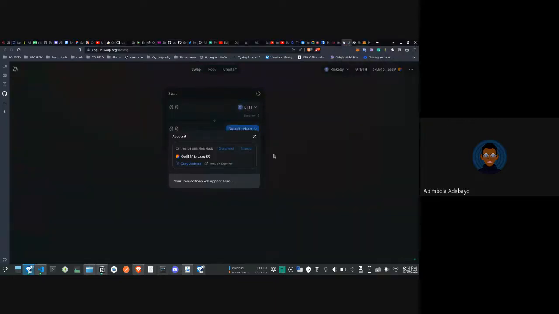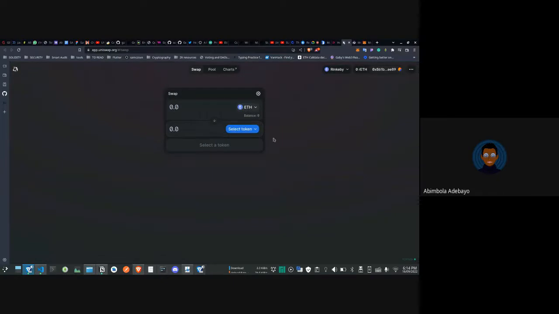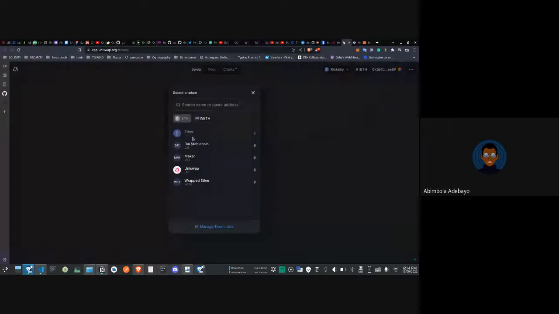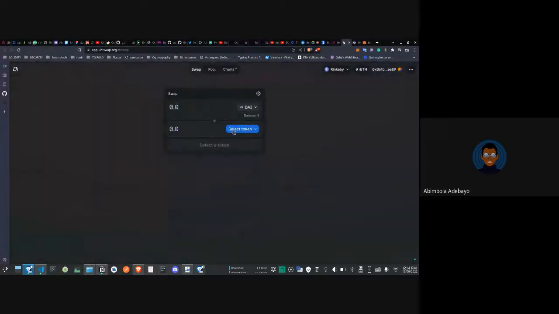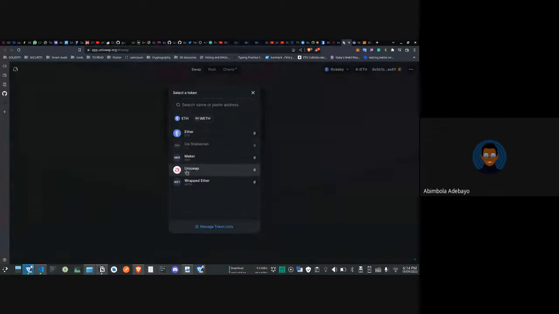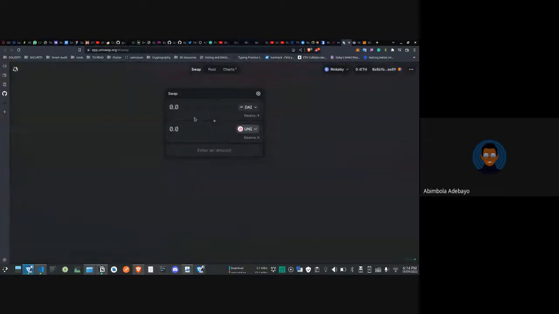So my account is connected here now. Let's say I have this thing, ETH. Let's say this one. You can select the token you want. Let's say I want to swap DAI to UNI. If I input, let's say, 1,